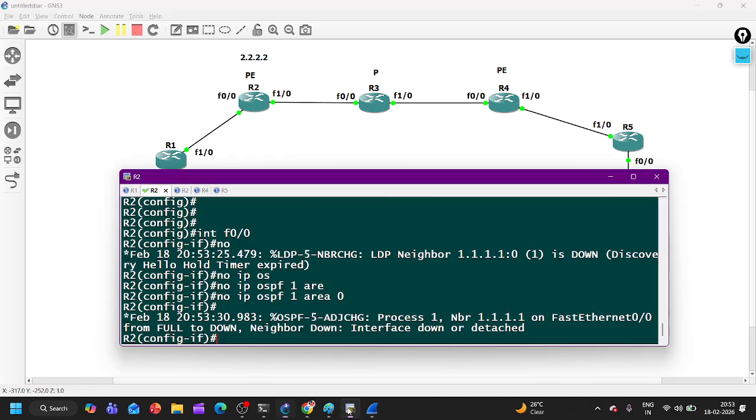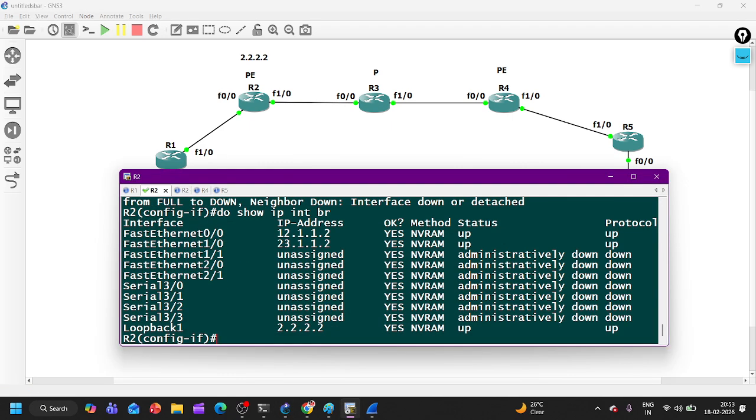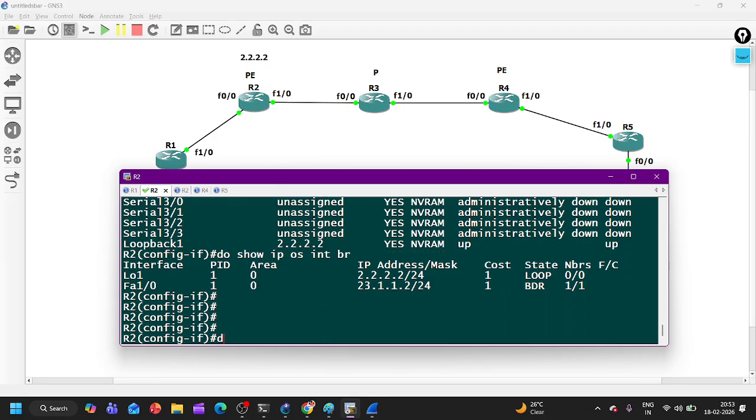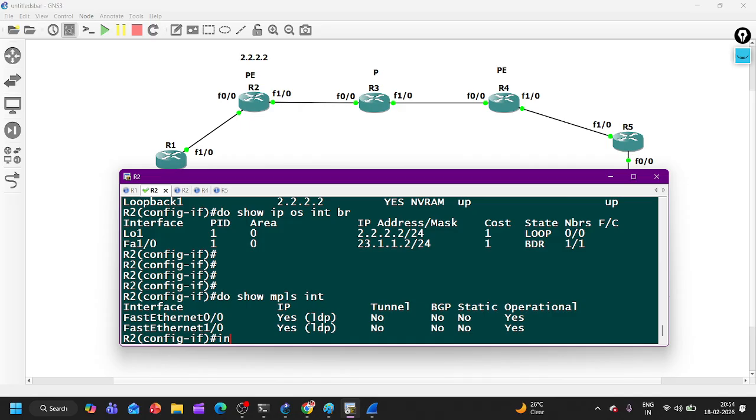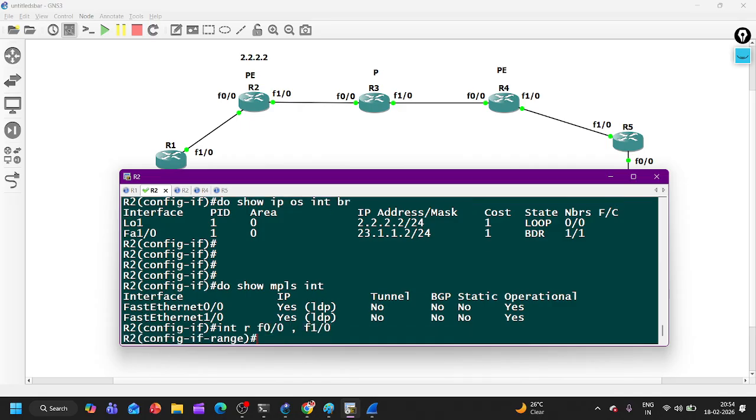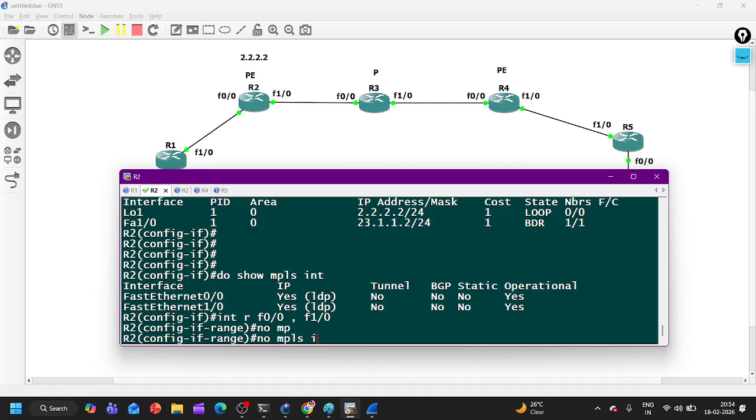And OSPF is enabled over here. Do show IP interface brief loopback, and do show IP OSPF interface brief. Done. Do show MPLS interface. MPLS is enabled. Interface range F0/0 and F1/0, no MPLS